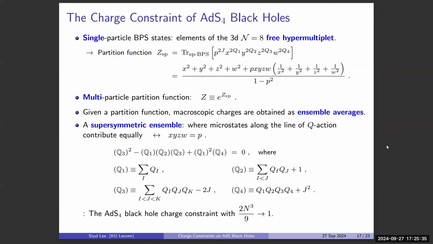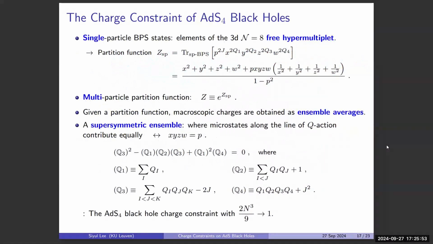Except again, since we have not taken into account any gauge degrees of freedom, the answer does not contain any n. So this is the relation that you will get by replacing n by 9/2 in the black hole's charge constraint. This multi-particle partition function, if I think about this expansion of this exponential, it looks like